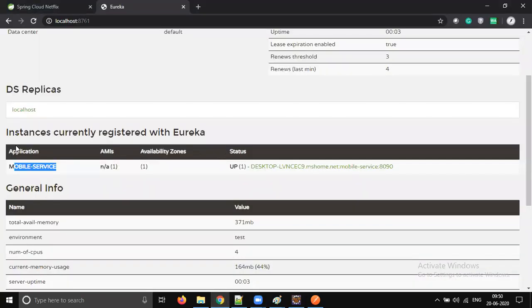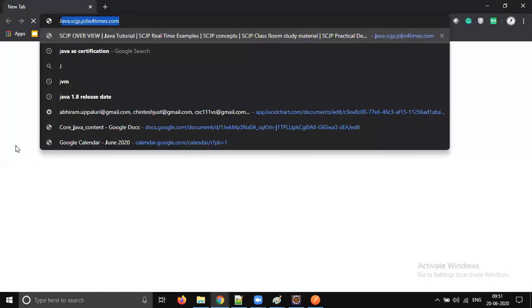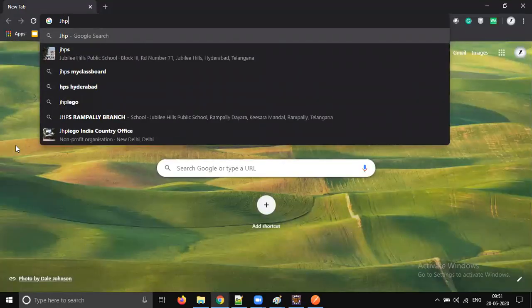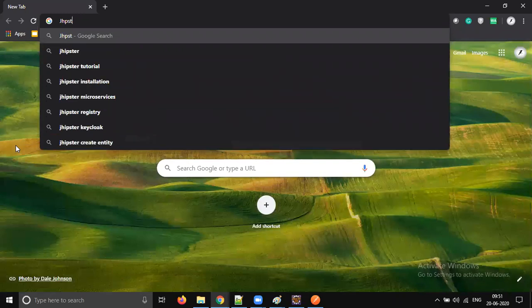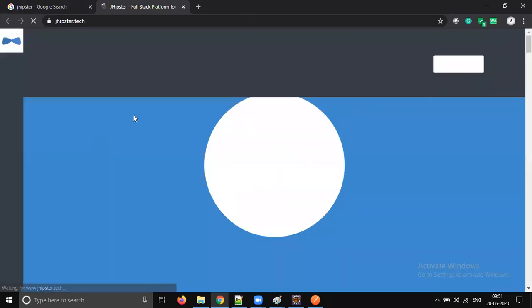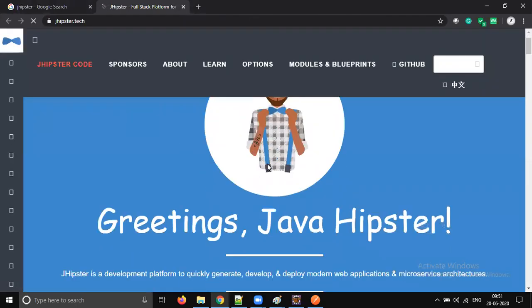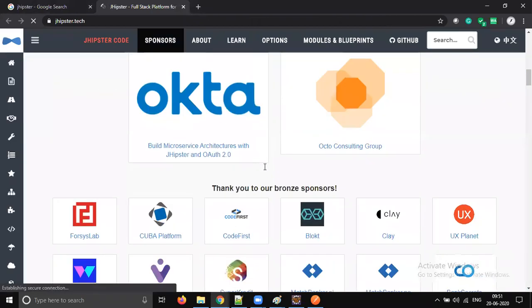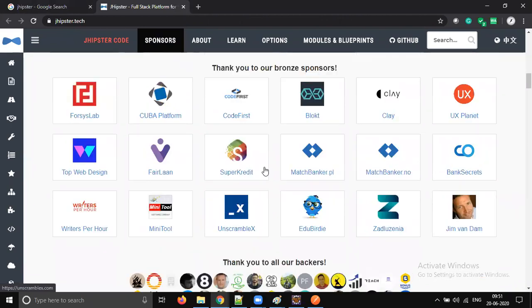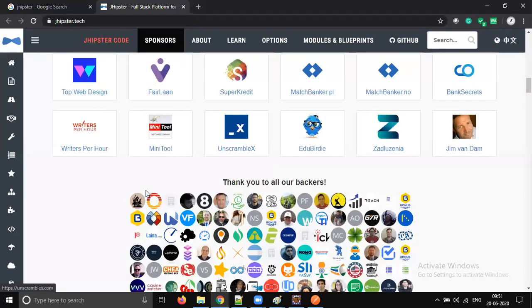You're talking about JHipster, right? So why I'm not teaching you that is there is too much automation in JHipster, so you can't understand what exactly is happening in the background. JHipster is one of the tools for microservices. It does a lot of the work for us, it creates the whole application. So you will miss a couple of core concepts. This is one tool plugin, but we need to take a license also. Many companies are using it, but this is completely optional.